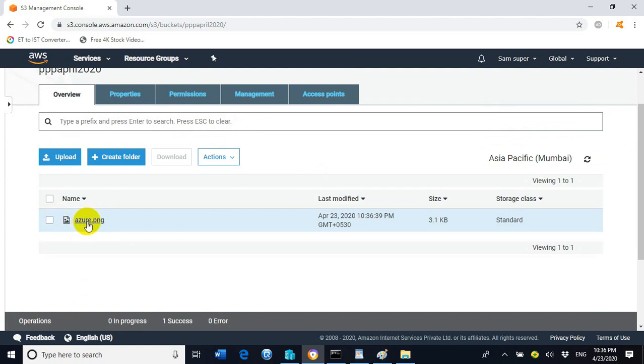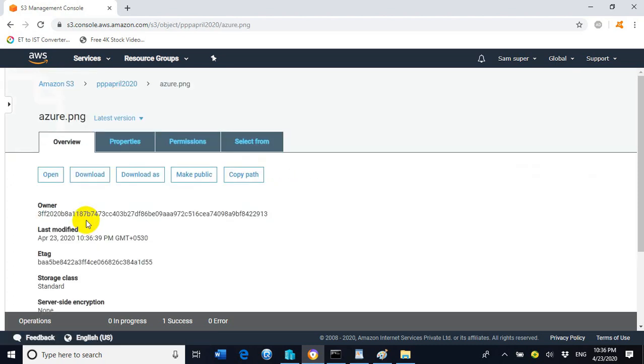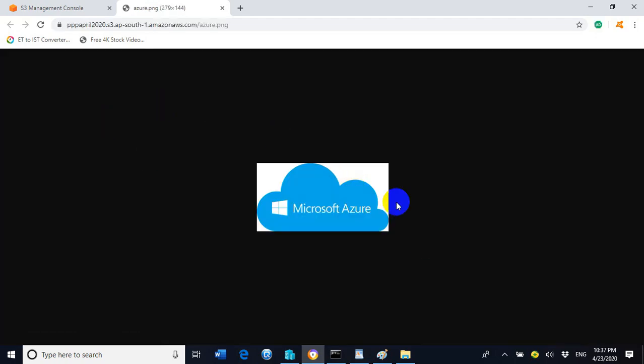Click on azure.png, which is the object that I have just uploaded within this bucket. If I test it by clicking on open, you can see the output of this file on the screen.